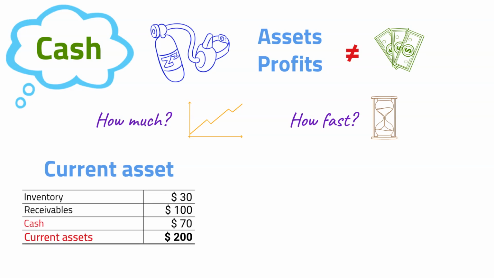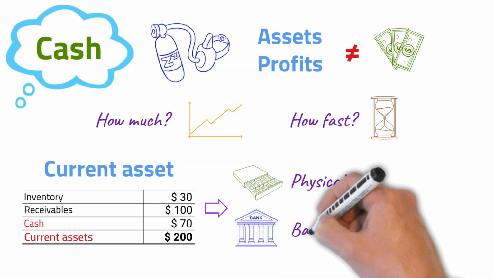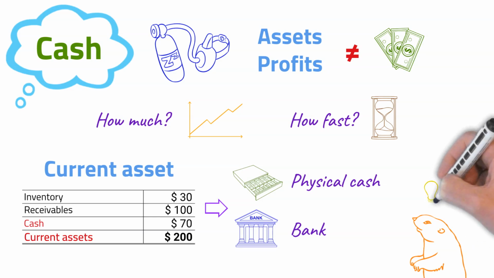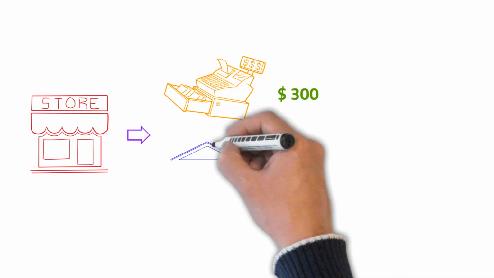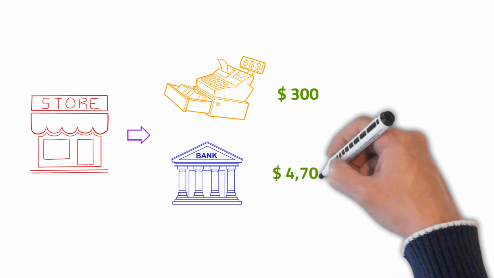When we say cash in accounting, we mainly mean physical cash that belongs to the company, for example petty cash in the office. Current accounts and demand deposits at banks. That means current accounts you can use on demand with no major restrictions. So if our Apple shop has 300 in the cash register and 4,700 in a bank account we can use tomorrow,